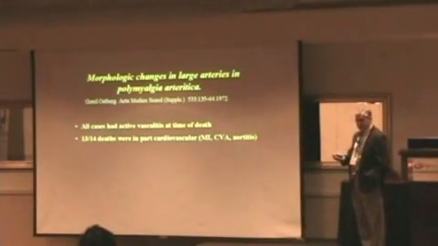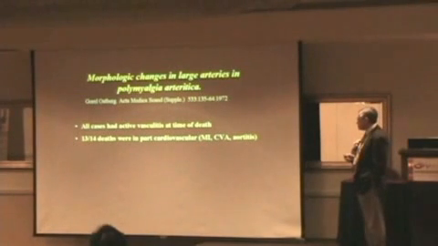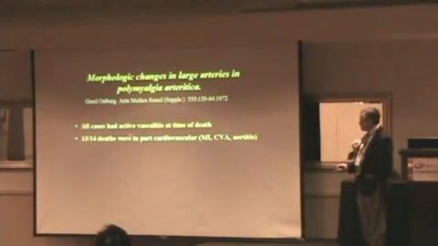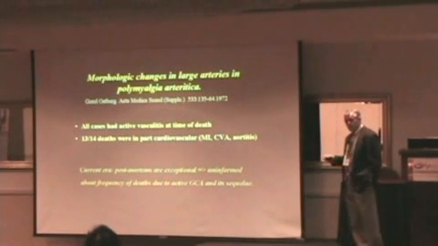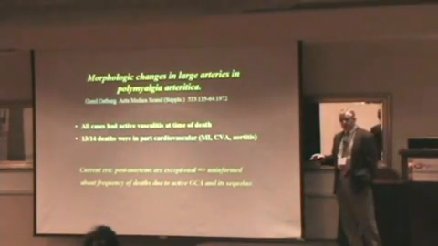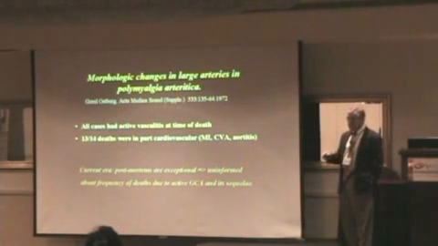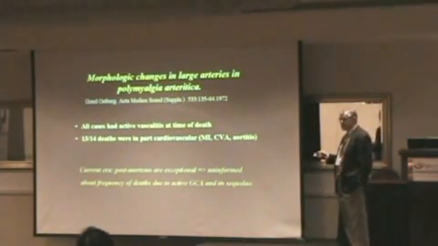So not the most sophisticated data, but very unique data that I don't think you'll see replicated anytime soon. So all cases, vasculitis at the time of death. 13 out of 14 deaths were in part cardiovascular. And why won't we replicate this data? Because in our hospitals, the percent of people who die in hospital have postmortems about 5, at the most 10%